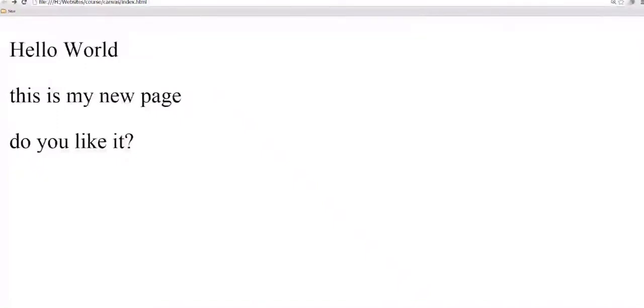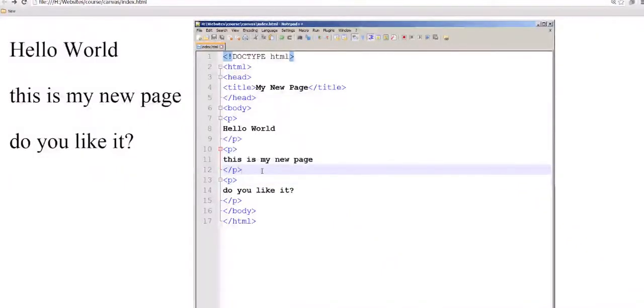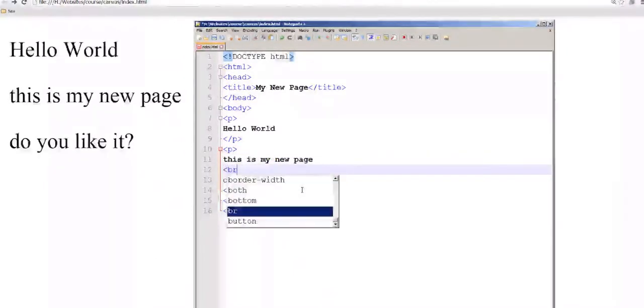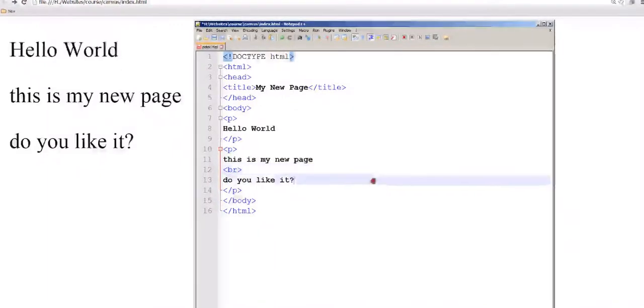And along with file structure, we also have, so what if we wanted a new line, but we don't necessarily want to have a new paragraph? So when we've written out a bunch of content and I want to place "do you like it" right underneath, I don't want to have all of this default spacing in here. And the way to do that is with line breaks. Now line breaks are going to be different than all of these other tags that we've been looking at, because line breaks don't contain any content in between them. So if I wanted to place a simple line break here, which is indicated by BR,